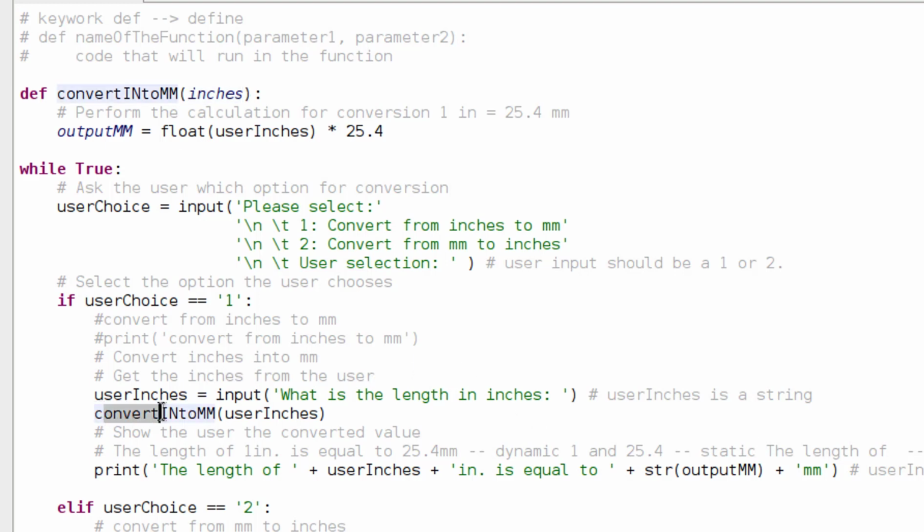Okay, so convert inches to millimeters, and I want to send this value that I got from the user. So user inches goes up here, and it now contains this variable. So now I have to change this to inches. Okay, so inches